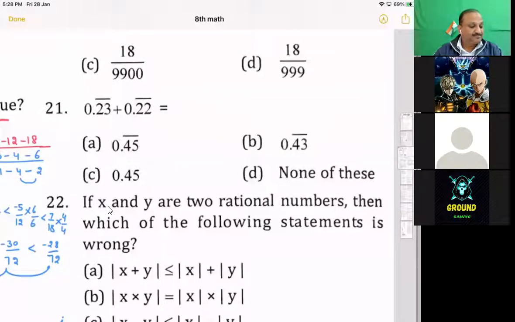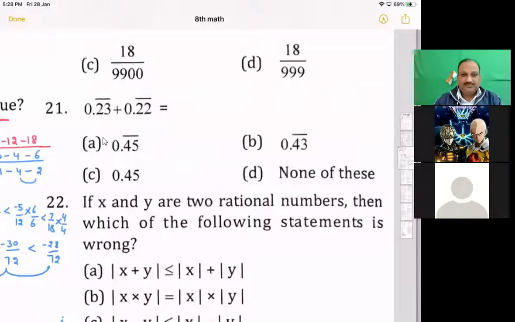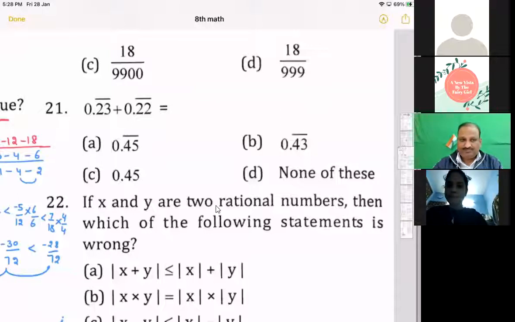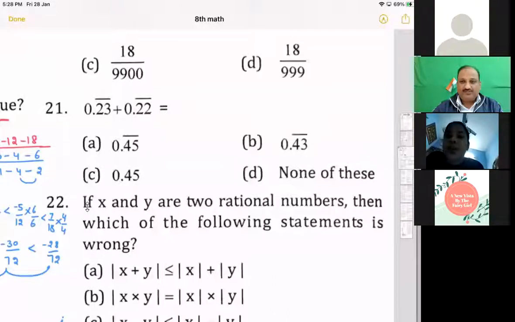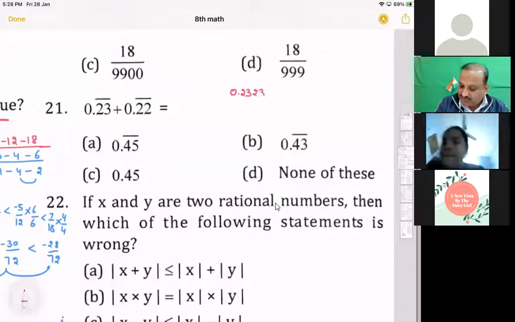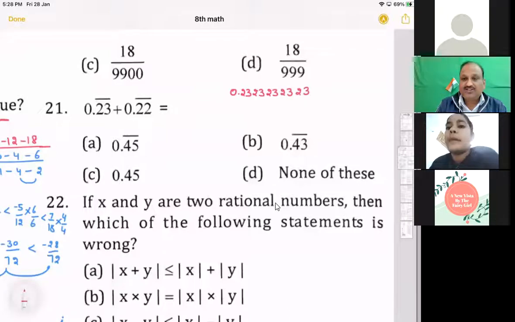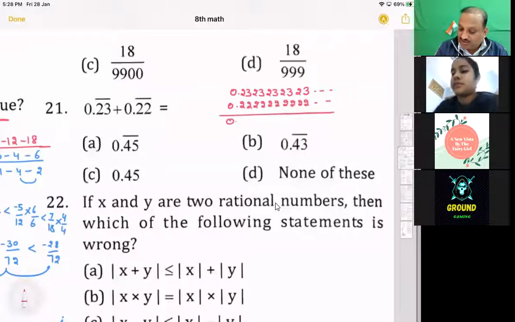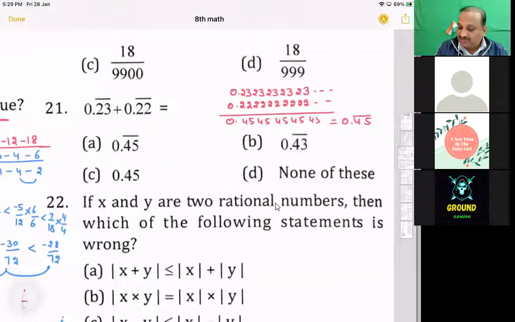21, हाँ जी, anybody? Yes, Shaktidhar. Sir, there is recurring on the 23 and Sir, 22. Option A 0.45 recurring. Okay, check कीजिए how we will solve it। देखिए, in this particular question we will start from 0.23 23 23 23। इसका मतलब होता है this is called vinculum। And next क्या होगा? 0.22 22 22 and carry on। Now if we add it, we get 0.454545 and so on, and ultimately I can write this one as 0.45 with a bar, so your option A